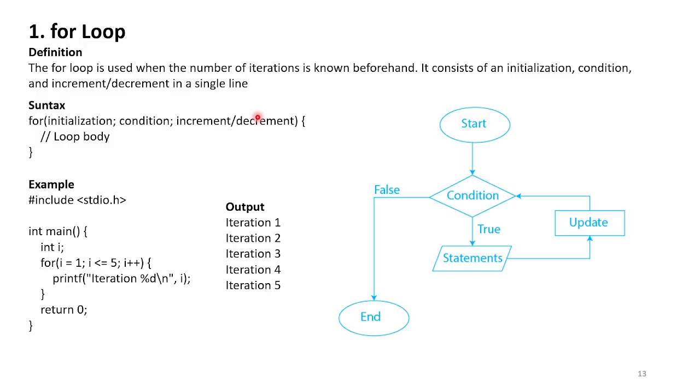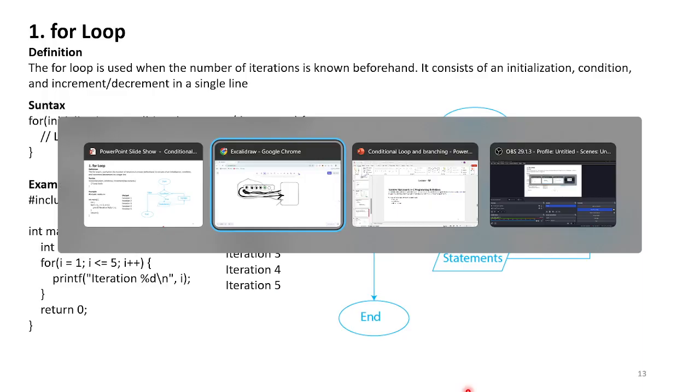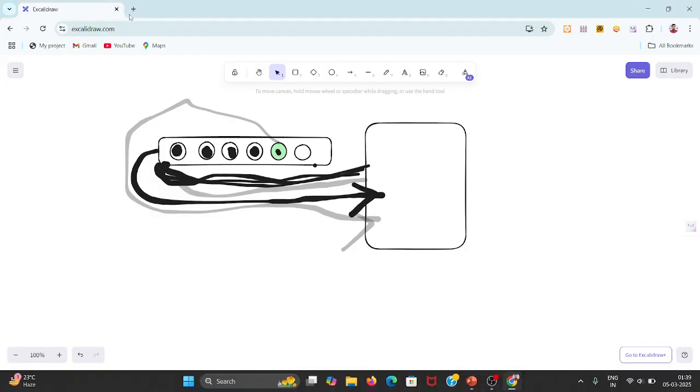Now here you can see the syntax: for, then the initialization part, condition part, and then the increment or decrement part, then the body of the loop, where you set what to do with the value. In that program it's simply printing the iteration number. But let's go to the code editor and print the numbers from 1 to 10 as a basic program. So now let's open an online code editor,